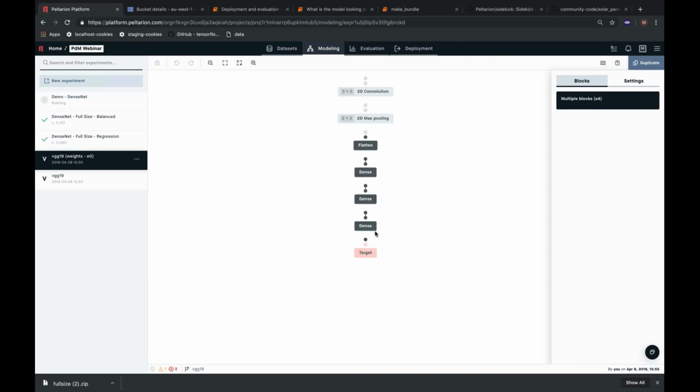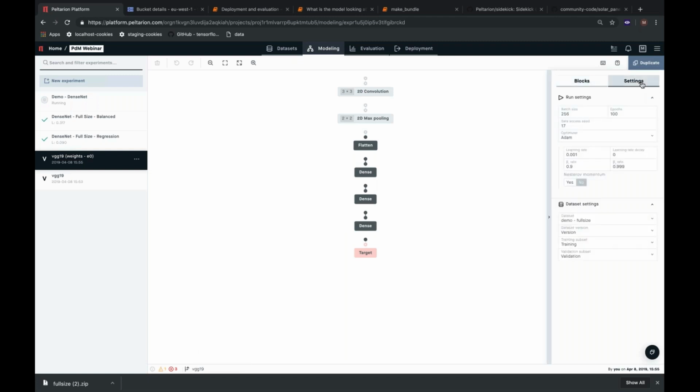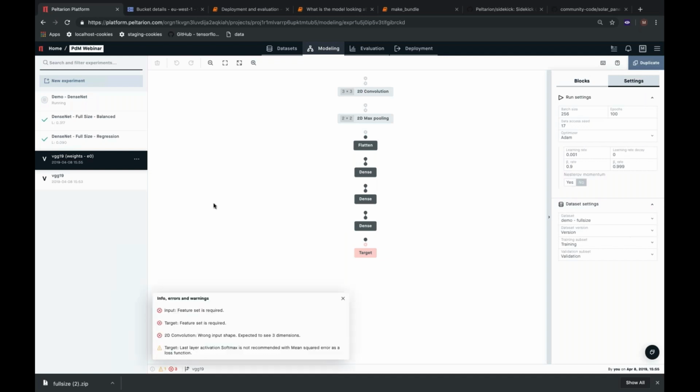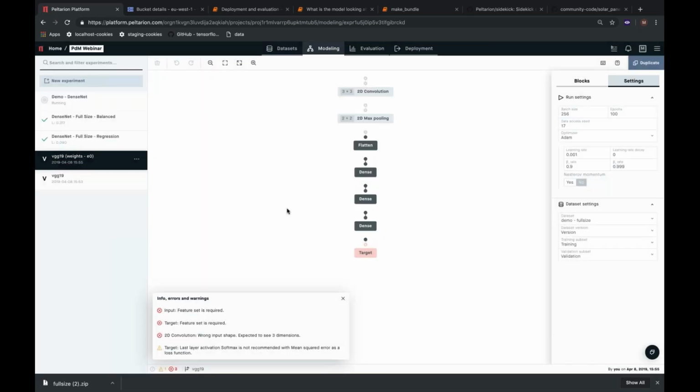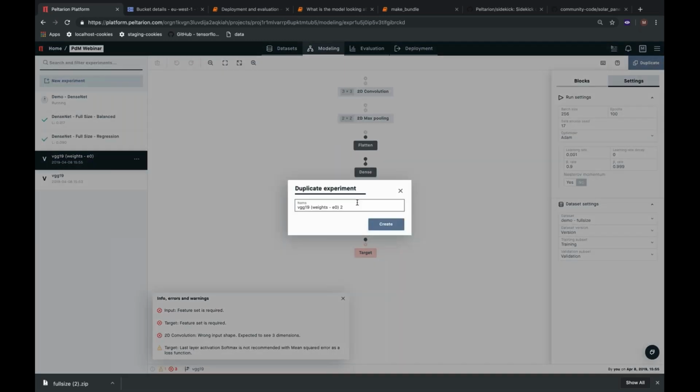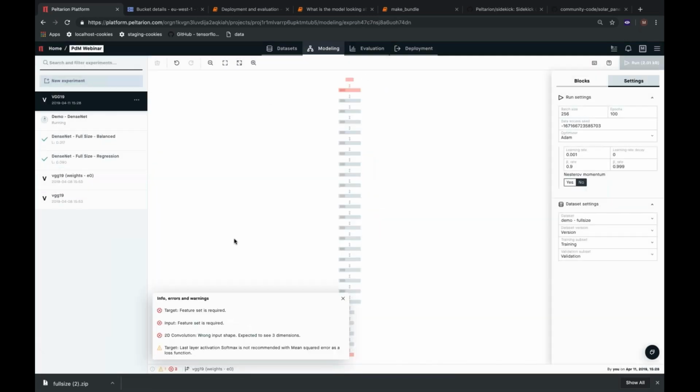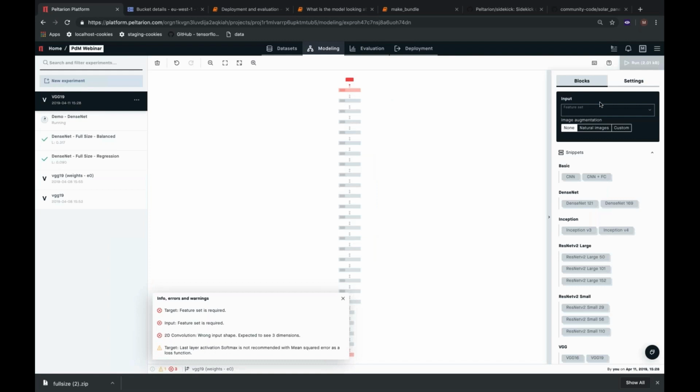I'm not getting any reaction here. Let's see if there is some. Oh yeah, sorry. Sorry about that. I should have duplicated this model first, so that I don't modify the originally uploaded model. So now we should be able to put the features here, the image and the